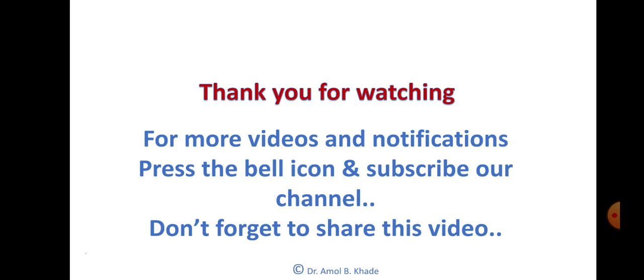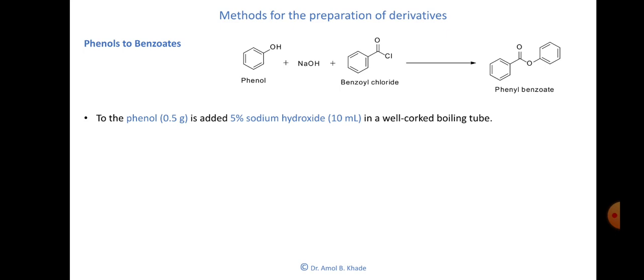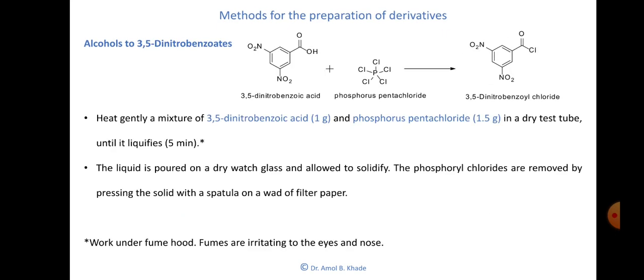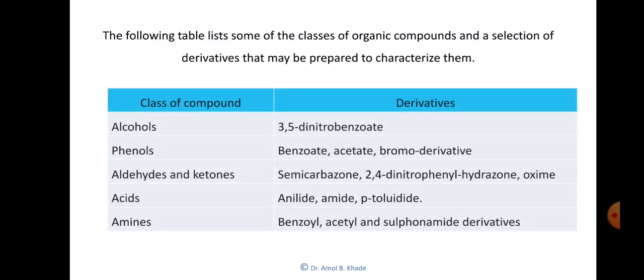Okay, so I hope you have understood the derivative preparation, why it is required, and how it is to be done, and I have given an example of two compounds which you can convert into a suitable solid derivative. So in the syllabus we are supposed to prepare only two solid derivatives, and there are other compounds also which you can convert into their corresponding derivatives. Okay, so I have listed here in this table aldehydes and ketones, acids and amines. These can also be converted into